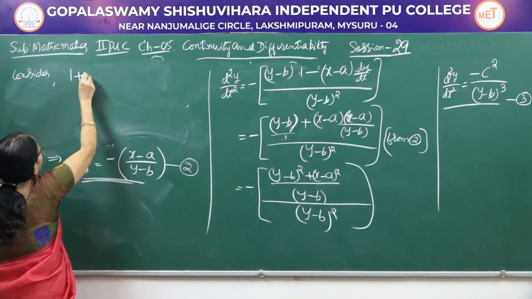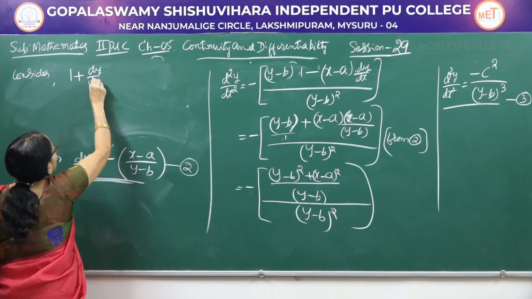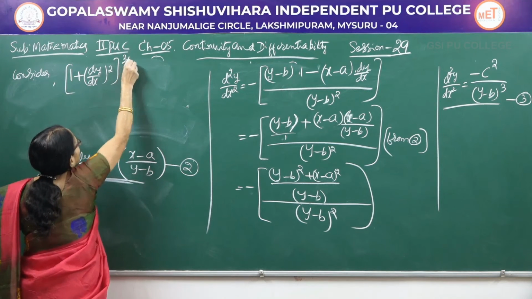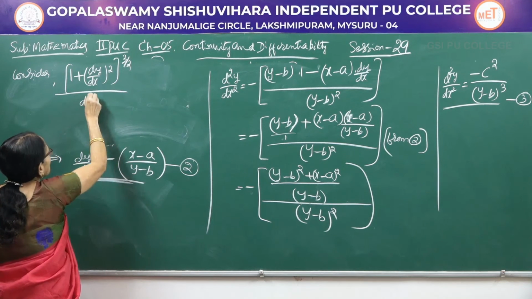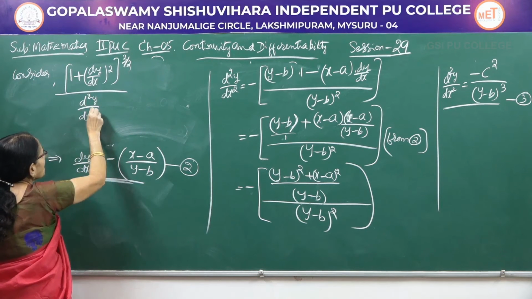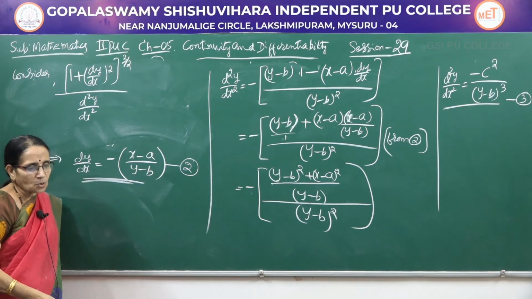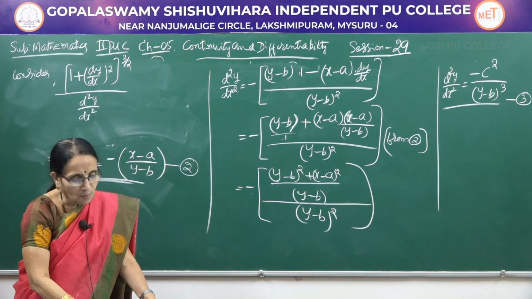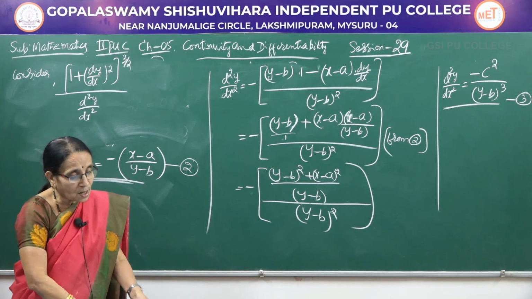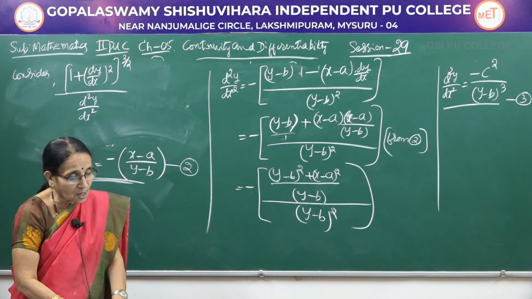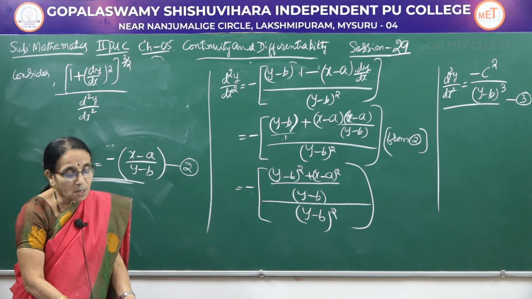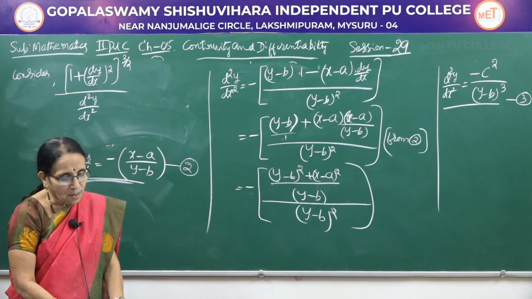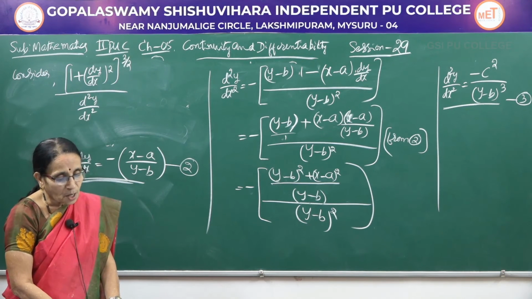Consider (1 + (dy/dx)²)^(3/2) divided by d²y/dx². Now this is the result we have to start. Now we have to show what is expected from that one. We are expected to show that after substitution, we get a constant which is free from